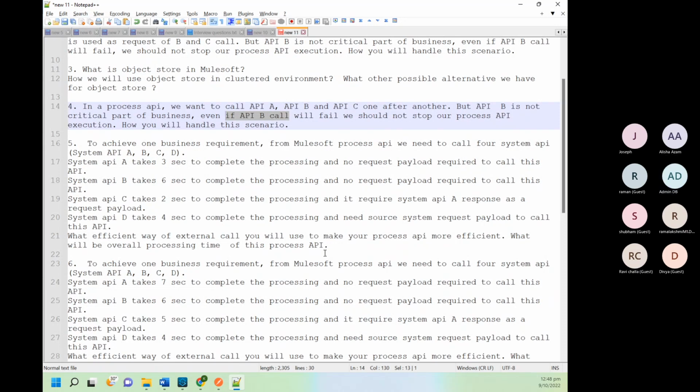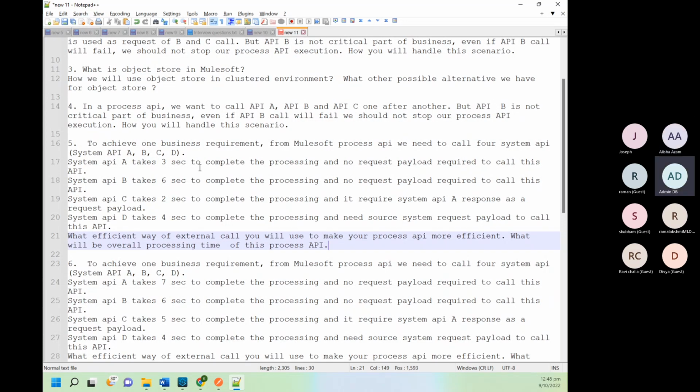What will be the overall response time? How will you design your API, and what will be the response time for this particular process API? Six seconds.